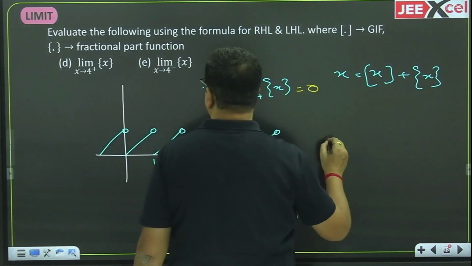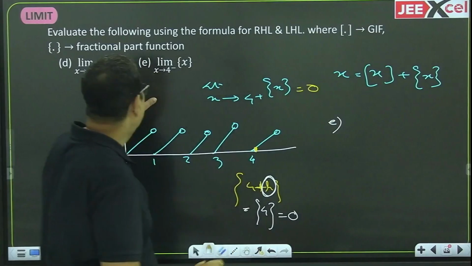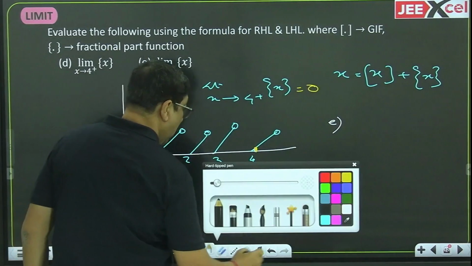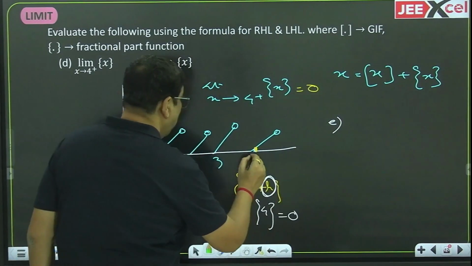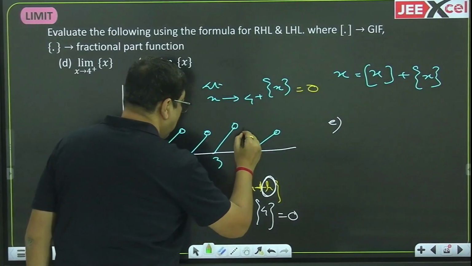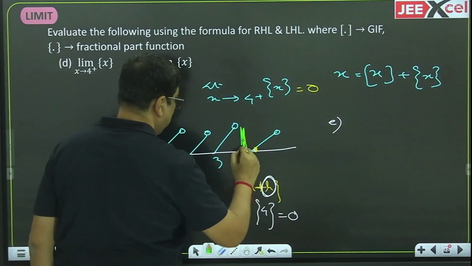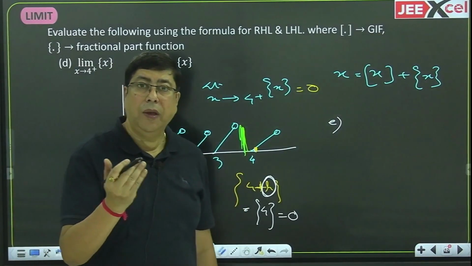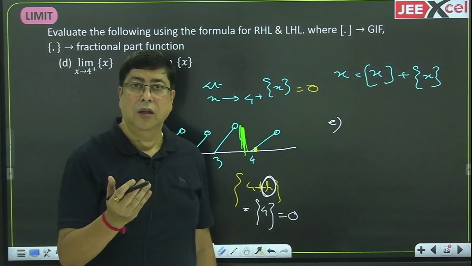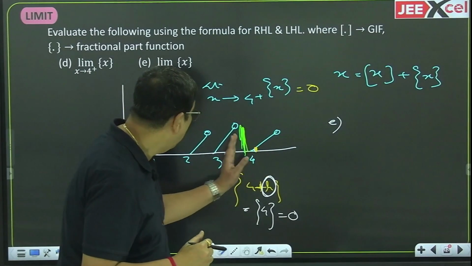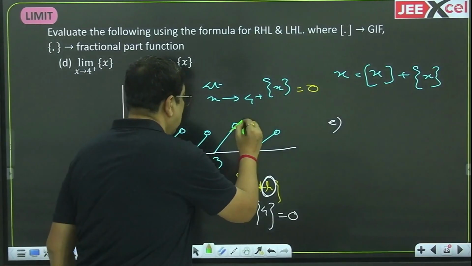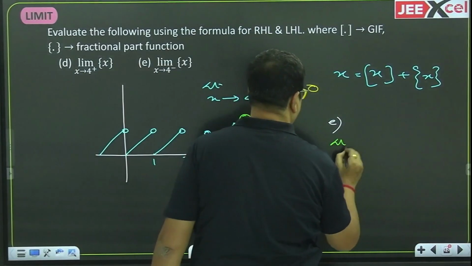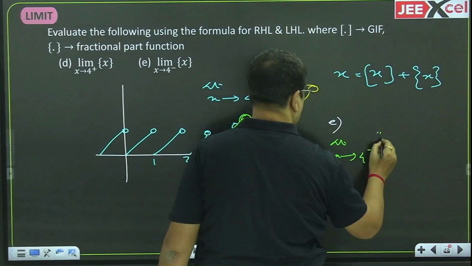And one more thing, and this is the second case, limit x tend to 4 minus fractional x. Now look here, 4 minus what will it be? A little less than 4, this will be 3, because the period of the fractional function is 1. This means when it is less than 4, this height will go up to 1. Bring this a little forward, this height will go up to 1. Therefore limit x tend to 4 minus fractional x